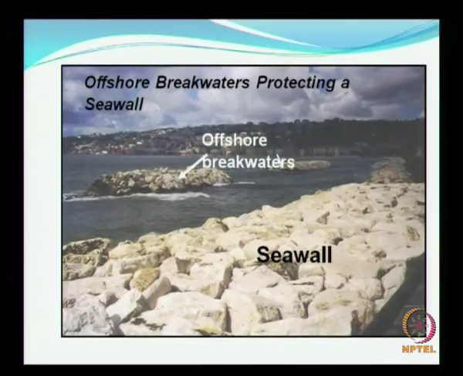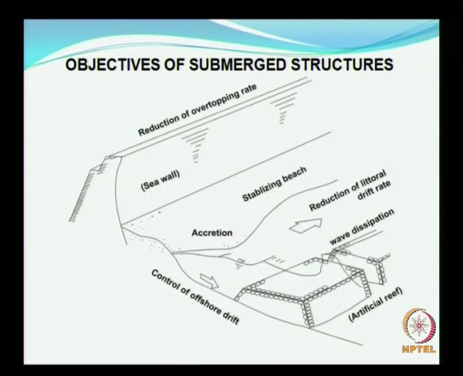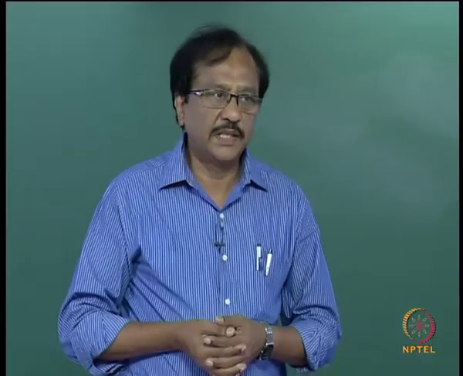So, this is again somewhere in Italy, somewhere near Naples, I guess. So, you have a sea wall, but in order to make sure that the sea wall is intact, you have offshore detached breakwaters also constructed there. Okay. So, sometimes you are going in for a structure to protect another structure. This may also be the case. So, this is a submerged structure, and I am going to talk about it again after some time. Because of the submerged structure, what does a submerged structure do?